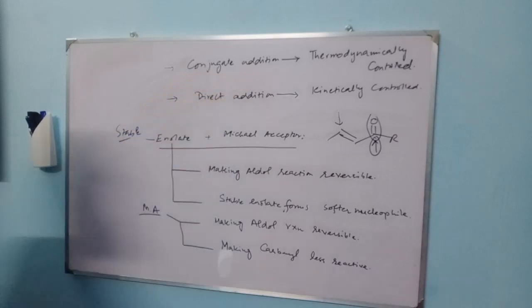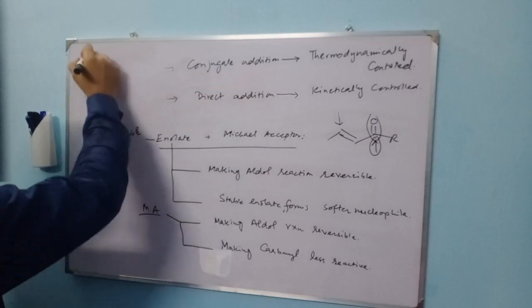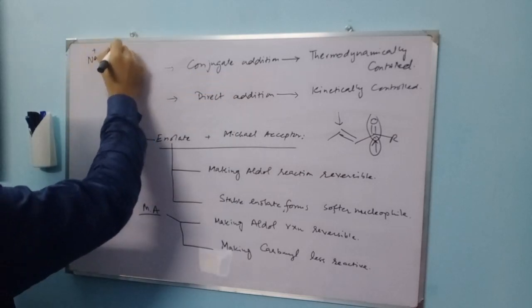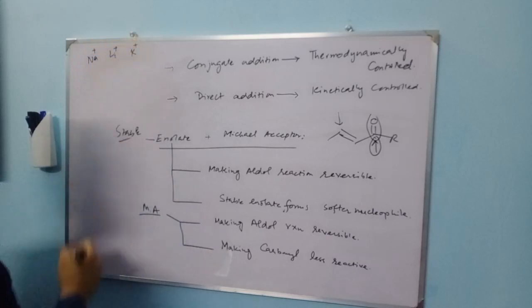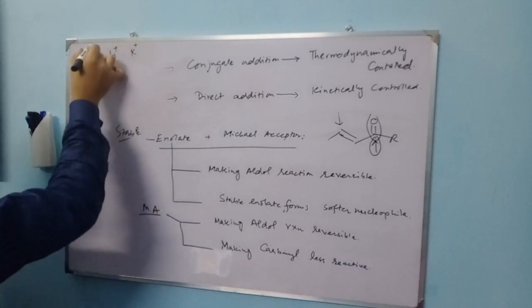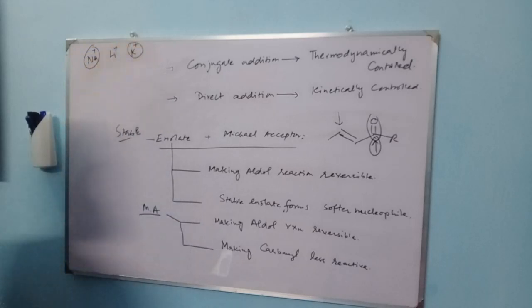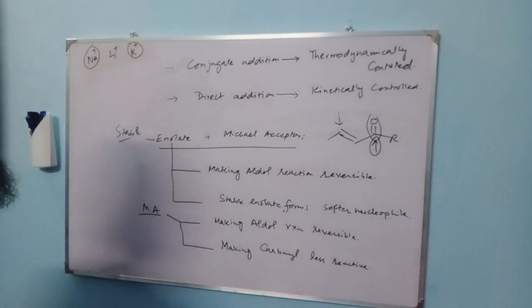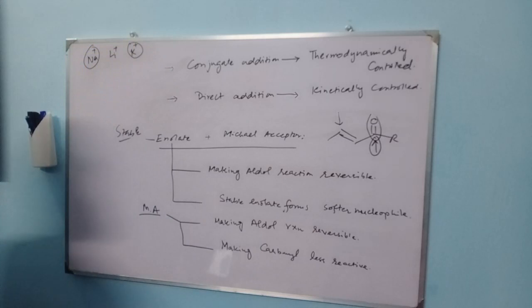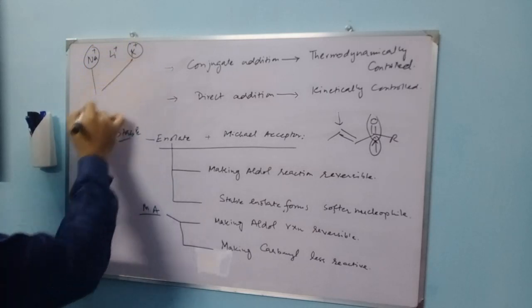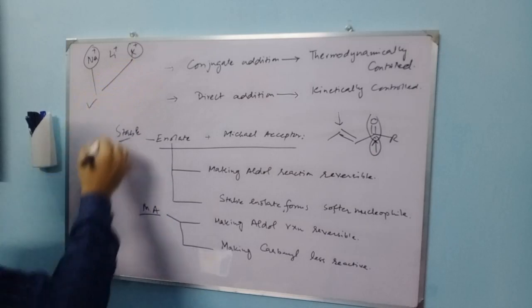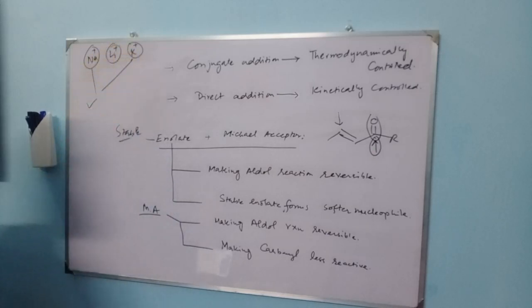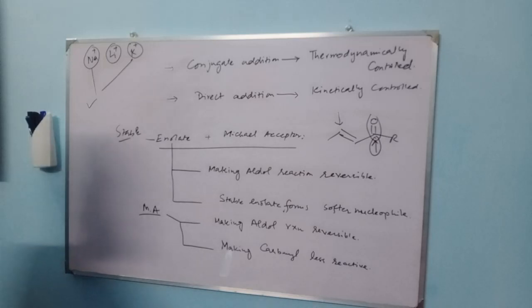In this case, we have to consider the role of metal cations as well. For example, we have sodium, lithium, and potassium, and generally sodium and potassium enolates are more dissociated and more likely to revert. Therefore, in thermodynamically controlled conjugate addition, both of them give better results, whereas lithium is not an ideal candidate because it bonds strongly to the carbonyl oxygen, and as a result it makes the reverse reaction difficult.